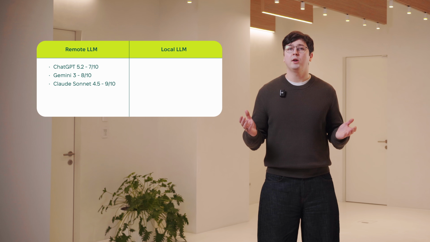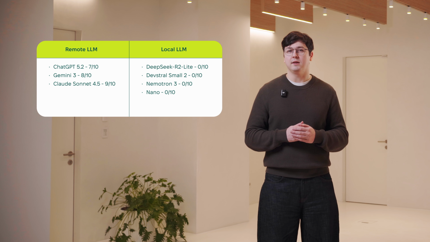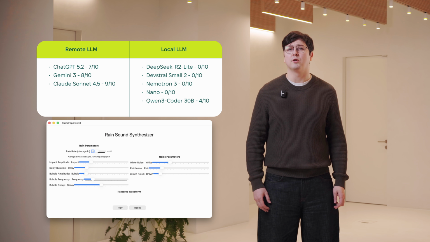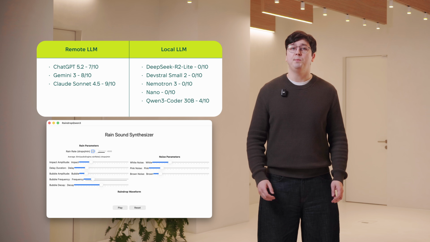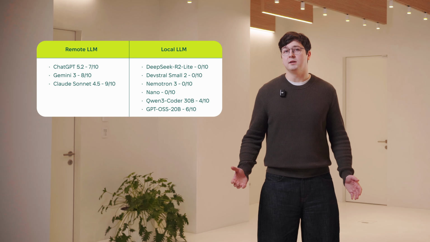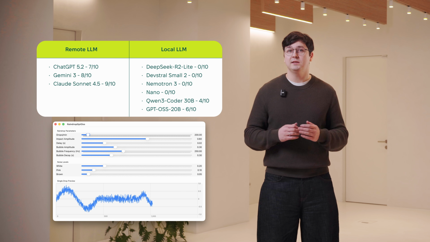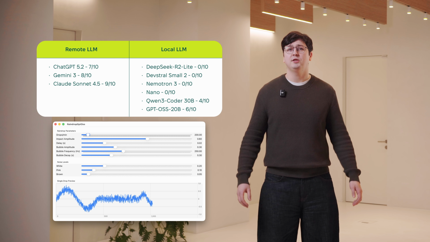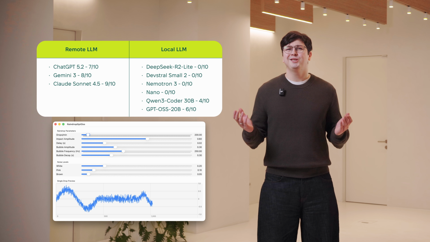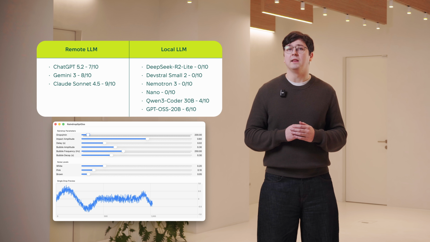Local LLMs were more hit or miss. Most failed outright. The Sequence Recorder model spat out a file with 50 compilation errors. That's not a complete disaster, but it only earned a score of 4 points. GPT OSS, the 21 billion parameter model, was the surprise. It scored 6 points, and unlike its big brother, ChatGPT 5.2, didn't forget the Combine import. Although it did get confused between Float and Double types.